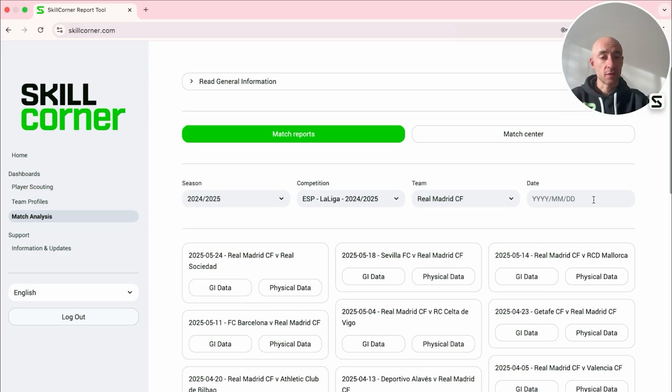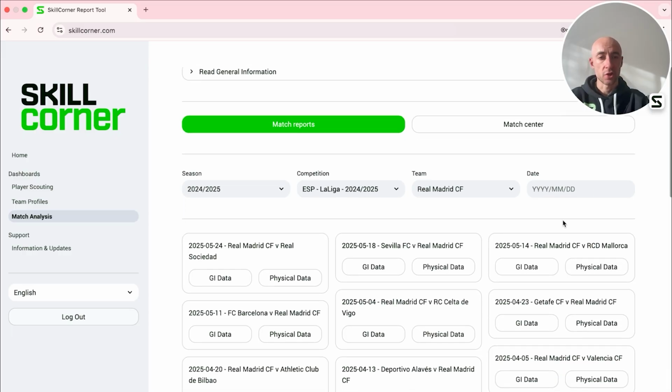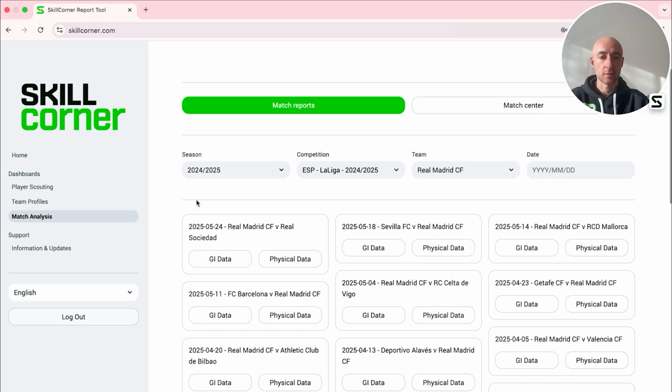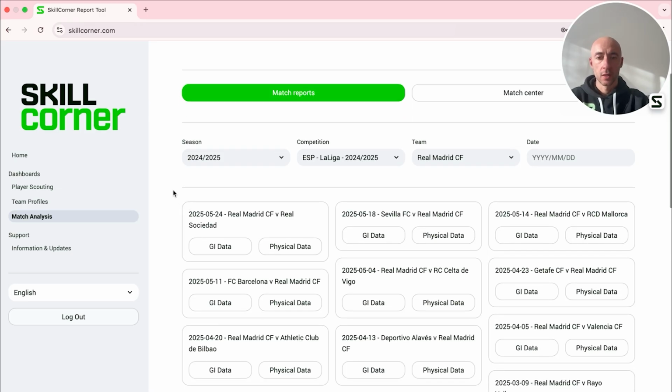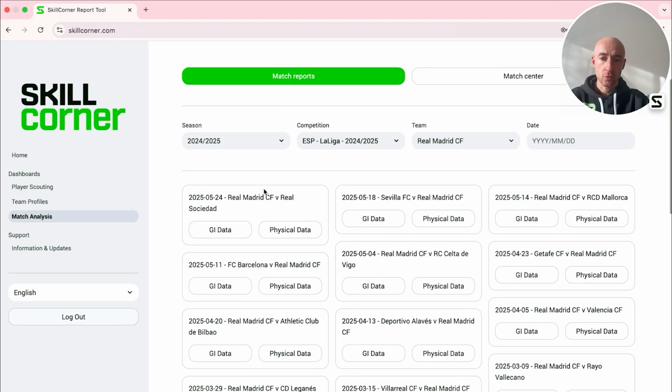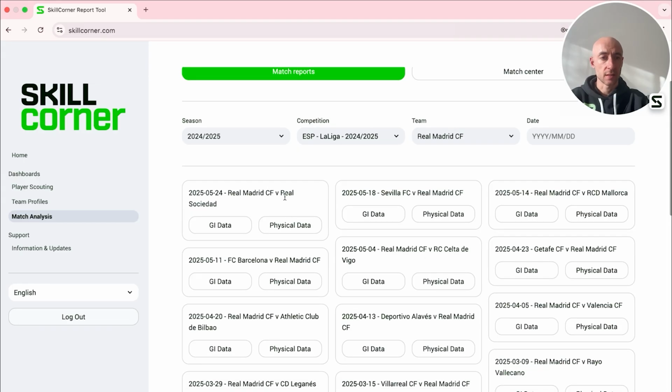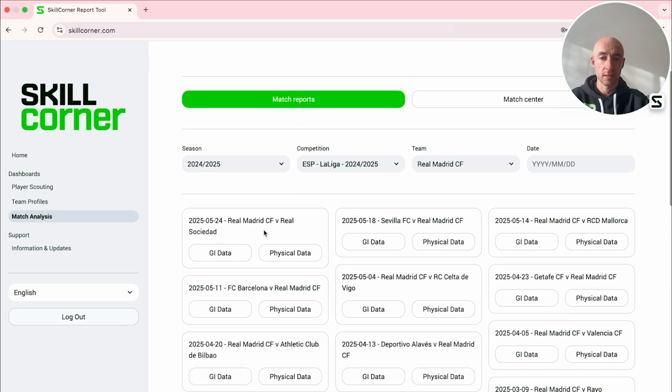Obviously, you can filter by date, focusing on matches that have happened either after or before a specific date. Let's think, for example, of occasions in which the team has changed the head coach and you want to see differences happening in one match where the head coach was one guy, in another match where there was another head coach. So as I was saying, when you go into a specific game, so for example, Real